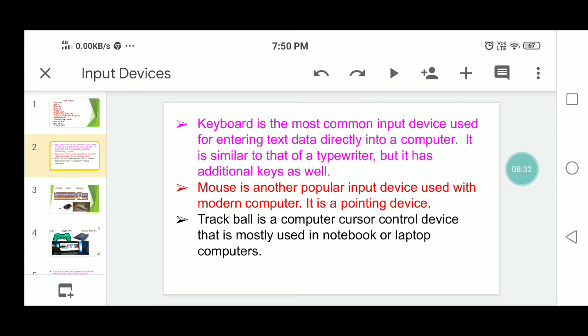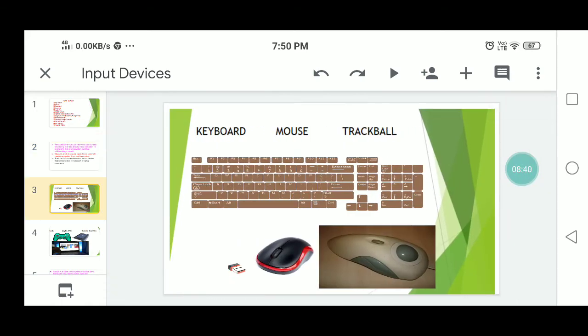Trackballs also have buttons like a mouse. It is used to position the cursor at specific locations, and the input is supplied by pressing buttons attached to the trackball. The trackball requires less space than a mouse.